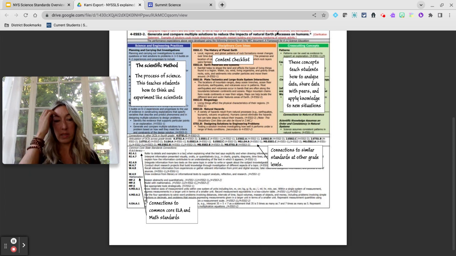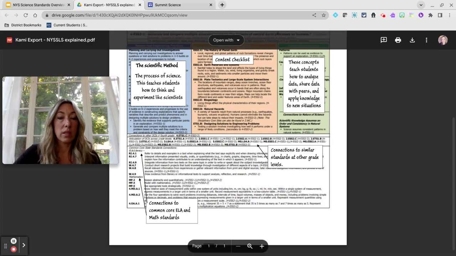The other point that I want to make down here is that a lot of people miss this bottom half of the standards. The top half is really the part that you'd focus on most for unit or lesson planning, but down at the bottom, this is actually really useful. It's very fine print and it's easy to just move past, but right here under the colored section,